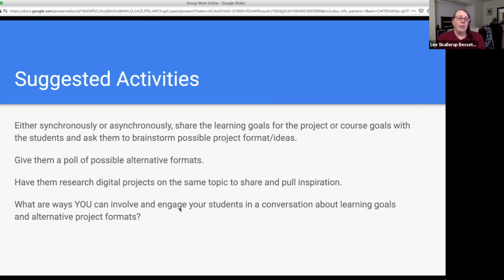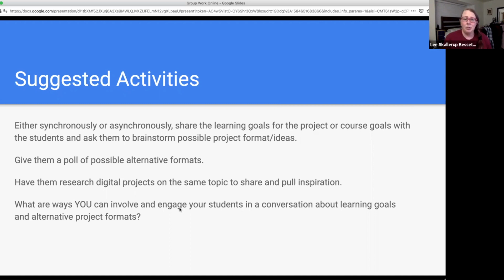Another format, if you have some ideas, is that you could poll them. Again, there's lots of different polling software. You can do polls in Zoom if you have access to Zoom. You can even do an informal survey in the LMS. Most quizzing features and functions now have survey functions. And you can even do a Google form, right? You can set up a Google form and send it to the students with options and suggestions that they can answer anonymously or have it tied to their email address.